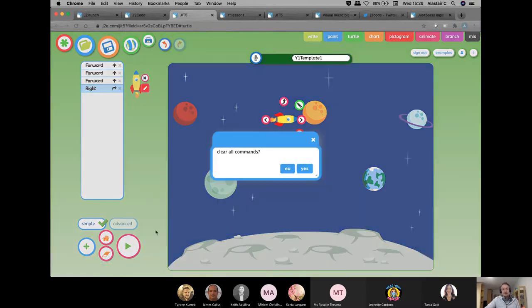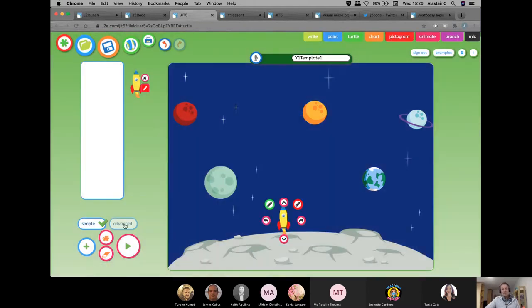Now, let me just erase all of that, and I'll show you what the advanced level does. Because if the instructions are the same, to navigate to the orange planet, if I click forwards now as I did before, nothing happens. But what's happening as I have clicked is that the algorithm has built already on the left-hand side. So whatever I do here will always happen in the algorithm.